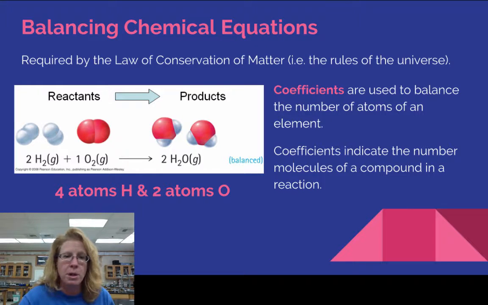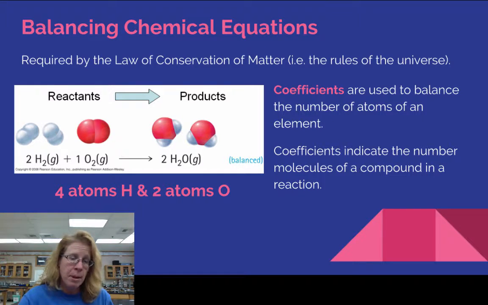Coefficients are these little numbers that we put in our equations, like right here. There's one in front of the H2O. There's one over here as well. Coefficients like that tell us the number of molecules that are going in. So this would be 2 molecules of hydrogen gas, 1 molecule of oxygen gas produces 2 molecules of water. And that gives us an accurate balance, an accurate accounting of the total number and types of atoms that go